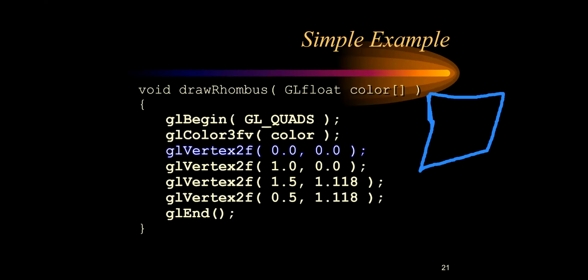Inside GL begin, I want to give the quads. So here I will write GL underscore quads. If I write quads here, it will understand that it should accept 4 vertex points. So I have given GL vertex, GL vertex, GL vertex, GL vertex. So 4 vertex points I have given here, with values according to whatever coordinate system these vertex points have.